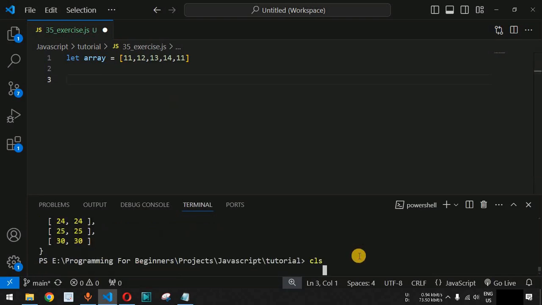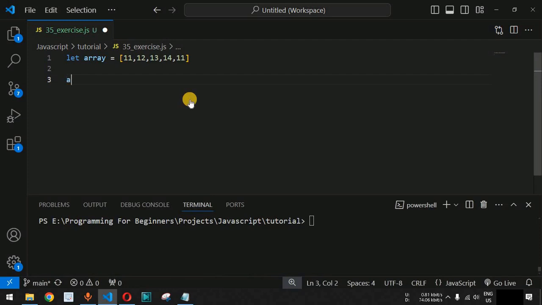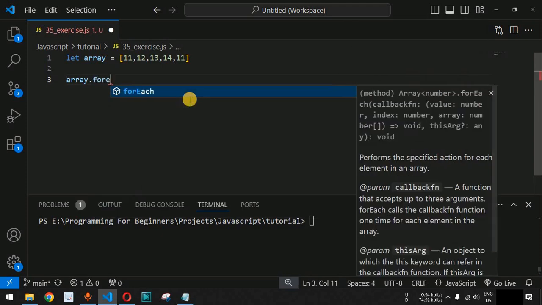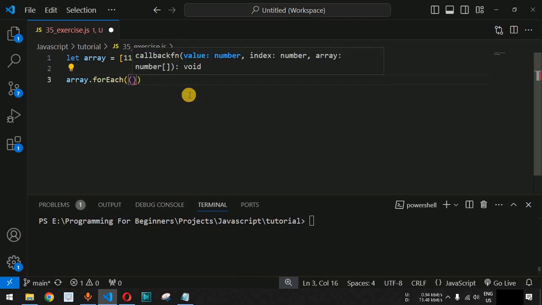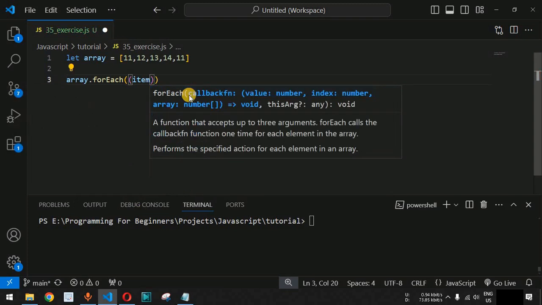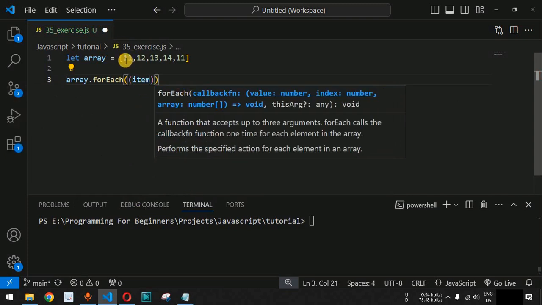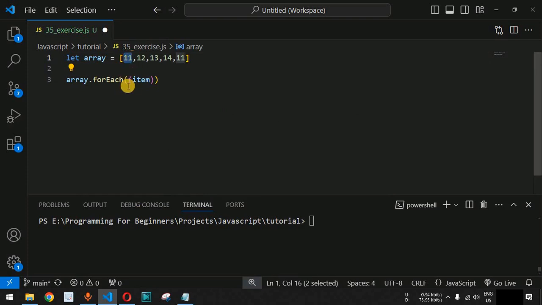So guys, what we will do is, let me just clear the terminal first of all, and now we will use this array object followed by the dot character, and then we have the forEach method. Now guys, this forEach method will help us iterate through all the elements of this particular array. So simply we are going to use the arrow function over here. So we have the open and close parenthesis, and let us say we provide the parameter that is item. So guys, simply every element, that is the first element, will be provided to this particular item variable, then the second element will also be provided to this item variable,